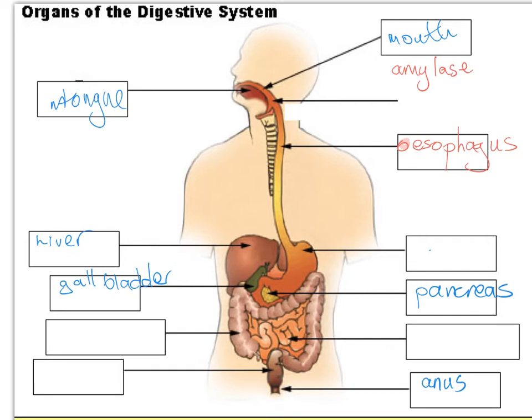When we talk about food being digested, we're talking about the food going from being large insoluble molecules to small soluble ones, because the whole idea is to get these molecules into the bloodstream where they can be used by the body. So food's going down the esophagus, and when it goes down the esophagus it gets to the stomach,